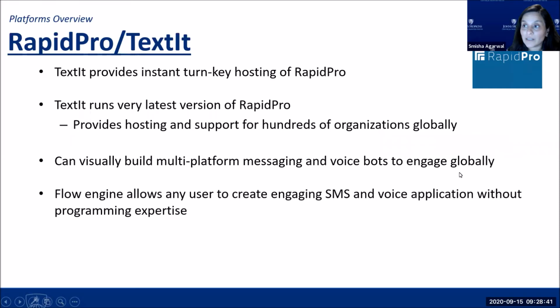So moving on to RapidPro. RapidPro is quite distinct from the other platforms we've talked about so far. It allows users to visually build multi-channel two-way messaging bots. And the bots can be run on SMS or WhatsApp, IVR channels, among others. Using RapidPro flows,